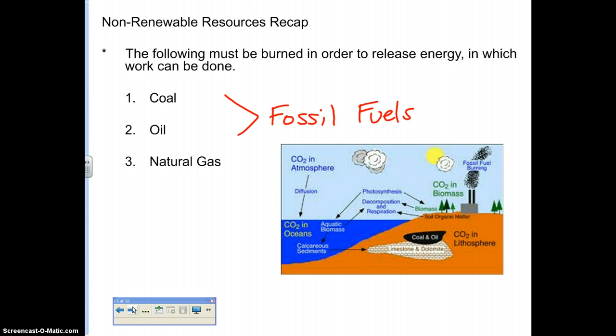Non-renewable resources recap. You have 3 of them here. The first that we discussed was coal, which is at the lowest layer. Then you have oil that is trapped on top of that. And then you have natural gases that would be on top of that. Coal has to be dug out. Oil can be pumped out of the ground. Great diagram here, guys. Take a second and make sure that you do look at this diagram. I wouldn't be too surprised if you have some paper 1 question about where is oil, coal, natural gases.